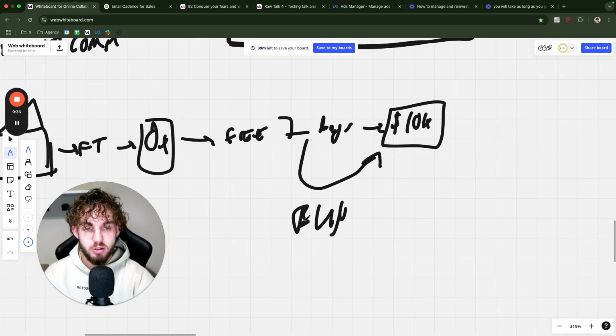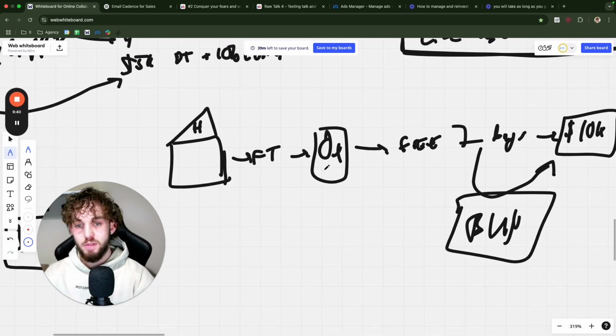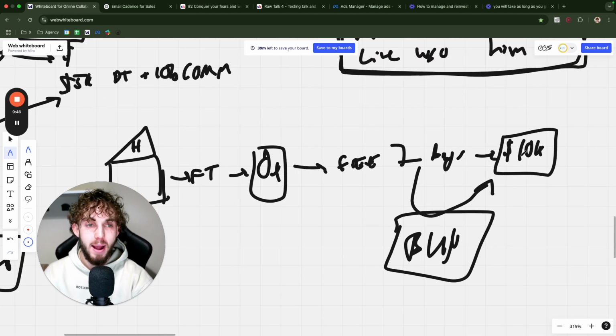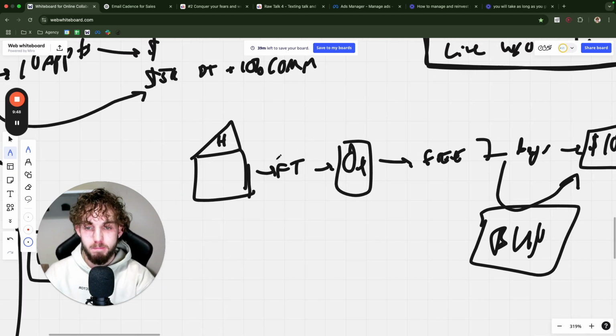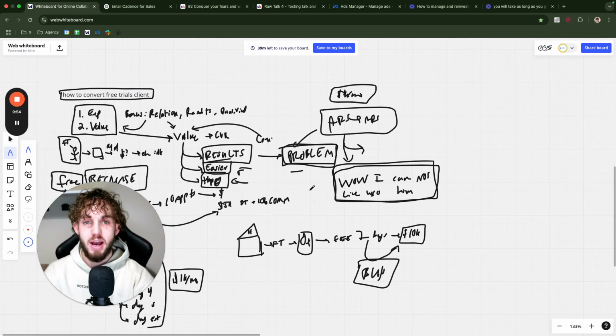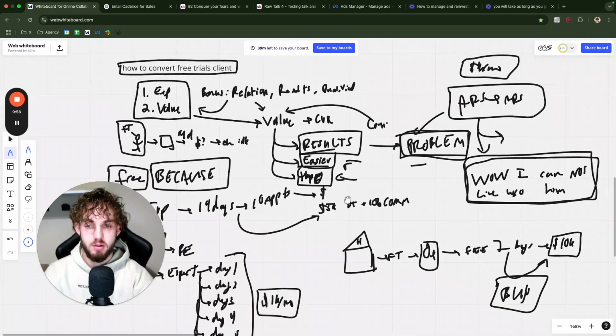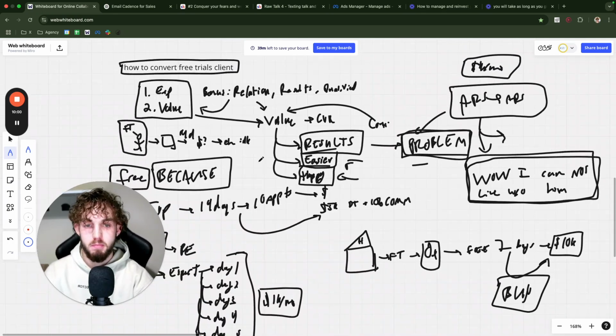And so I know this sounds crazy, but this is an analogy to make you understand. If you can make somebody become reliant on you, no matter what the price is, they will buy. So just solve a problem so big that they couldn't imagine living without you, right? Simple as this. Just make that free trial solve such a big problem that they couldn't imagine living without you. And that is how you can convert free trials into paid clients so you can make more money by signing people on for free.